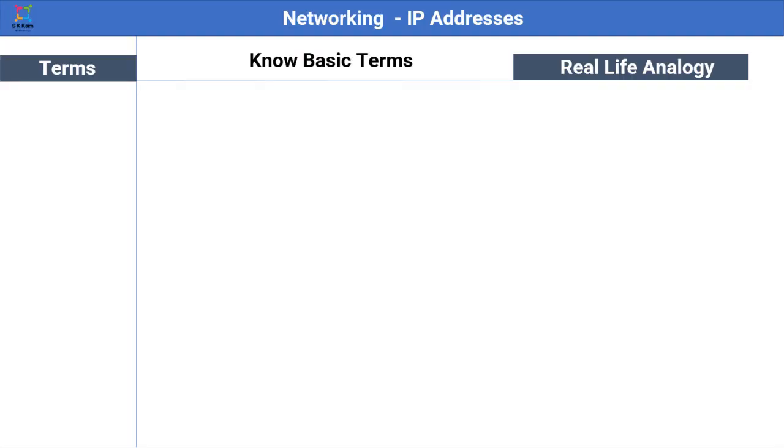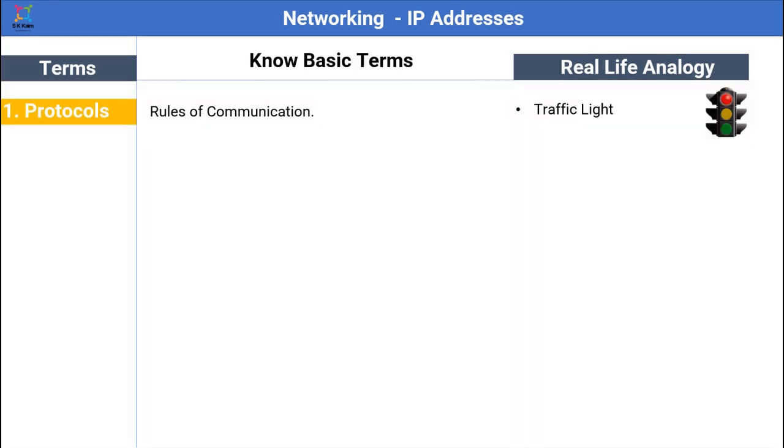Now, when we are learning about IP addresses, there are very few basic things that you should be aware of. I will try to help you to understand or to remember those few terms in a much better way. First is protocol. You must know what a protocol is. Knowing about the protocol is a must for every professional. Without knowing what the protocols are and how they work, you will not be able to manage, administer, or troubleshoot any specific issues related to that particular protocol.